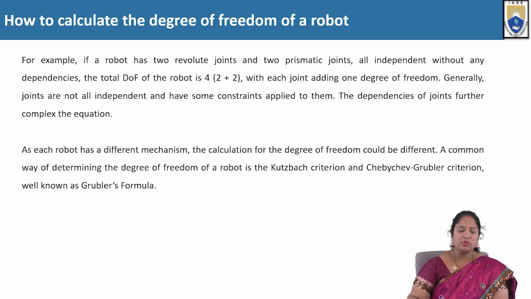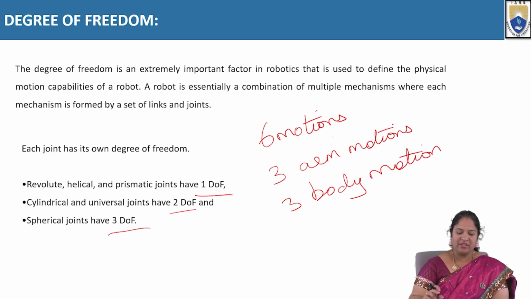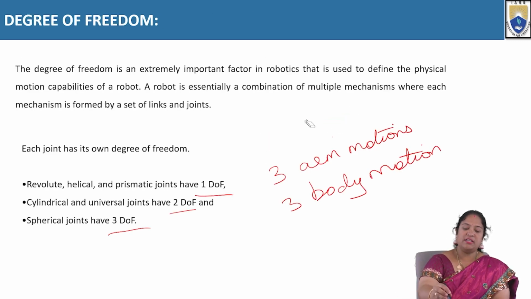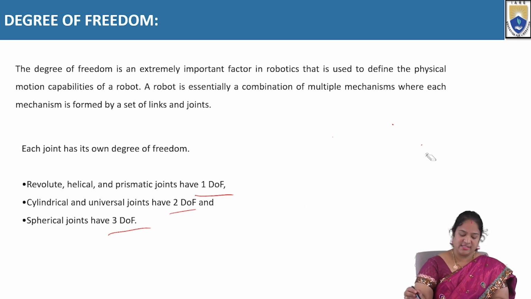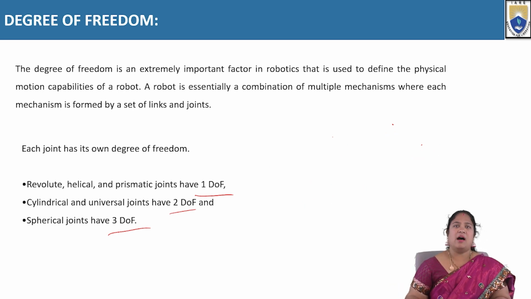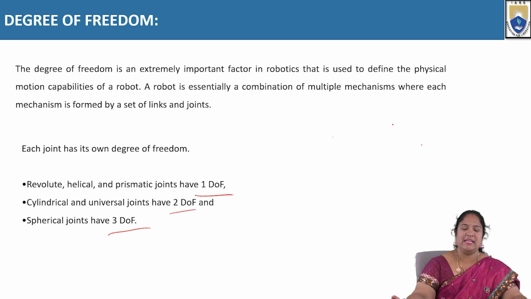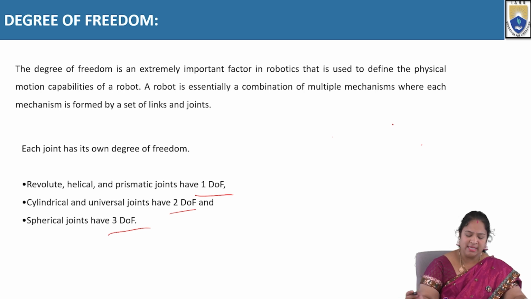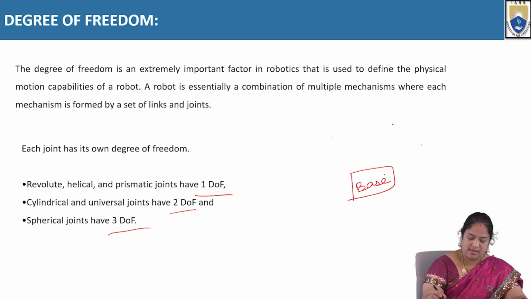So, before we get into how to calculate the degrees of freedom of a robot, we will be learning how these particular motions occur. Firstly, let us see how these motions occur. For that, we will be drawing a diagram of a robot and seeing how the axis of rotation takes place in it. First let us draw a base, and to this we are linking up